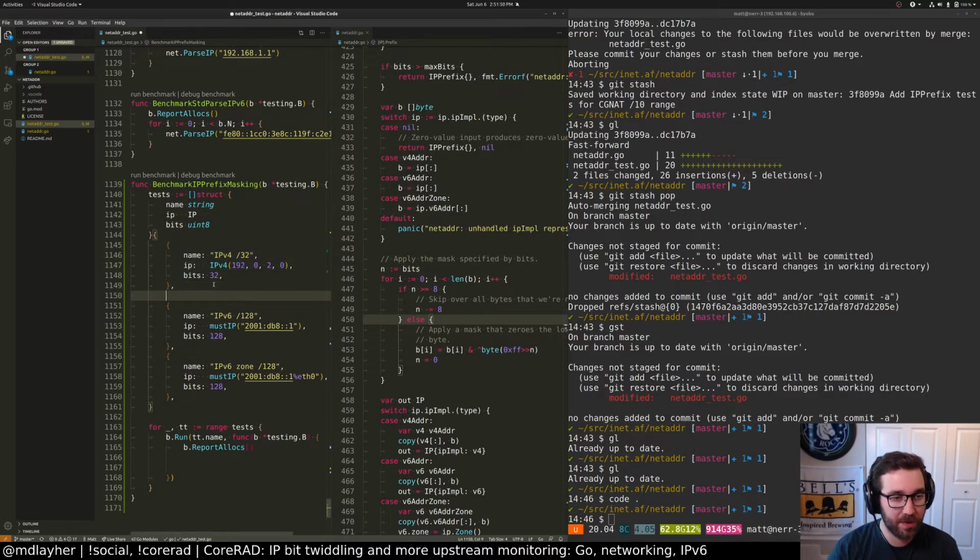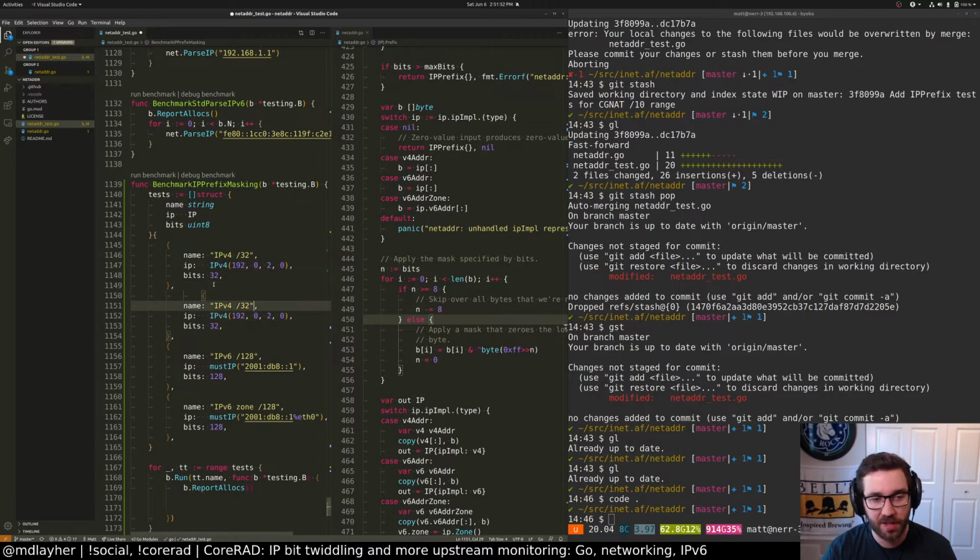So let's add a couple of cases, as Dave mentioned, for /17 and /65. That'd be a good call. I guess we could potentially factor these out. I feel like it's probably okay just to duplicate these and not do more looping in here for now. So I'll probably leave it as is, or I guess we could do the bits as an array or a slice. I don't know. It's probably okay as is. I'm going to leave it alone for now. We can always refactor it.